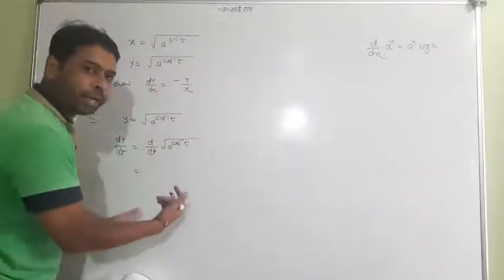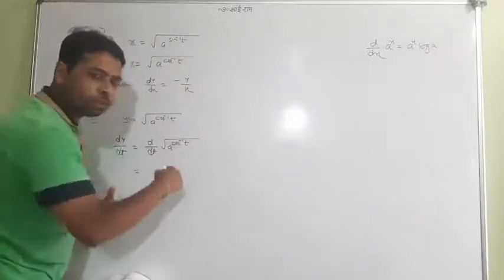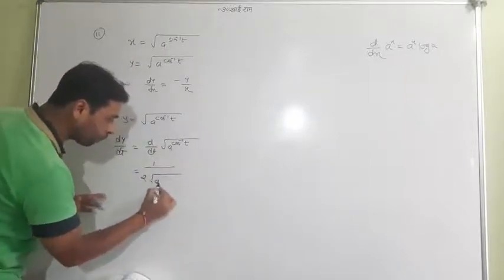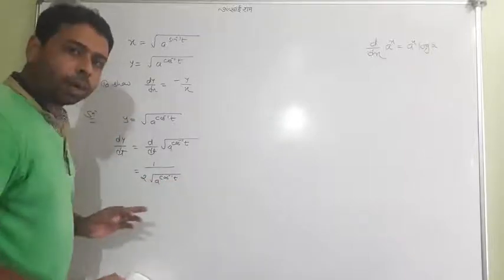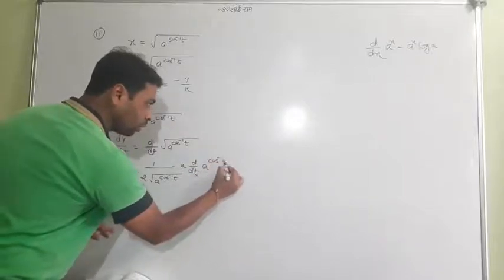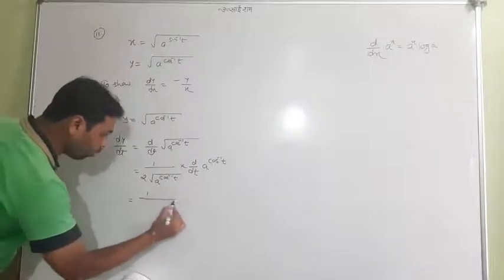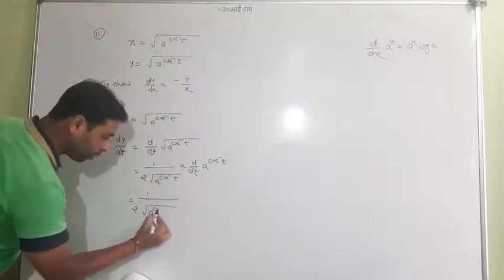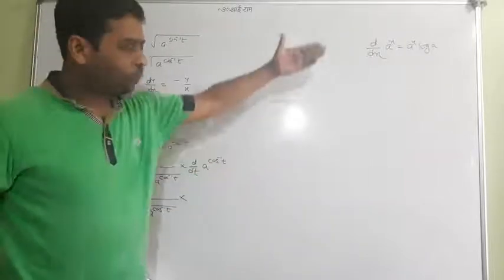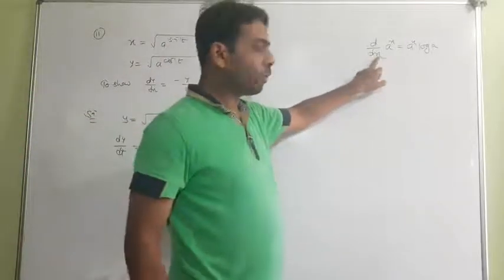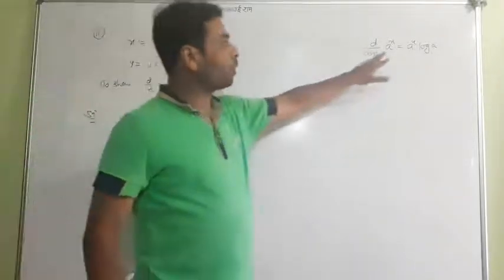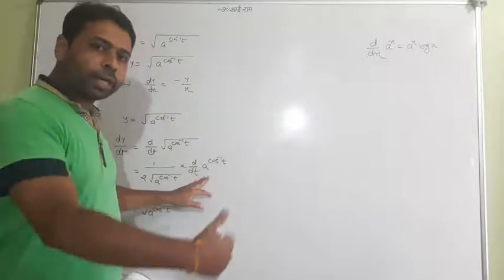Okay, now let me extend my steps here. First I'll use the root sign, and you know the differentiation of root is 1 upon 2 into the same. So 1 upon 2 into a to the power cos inverse t, and d by dt of a to the power cos inverse t. A similar formula I'll use here. It was with respect to x, it is with respect to t, so no matter at all. But it is a function of a function, so the chain rule will follow here.